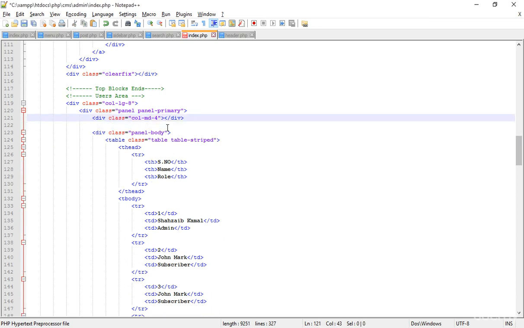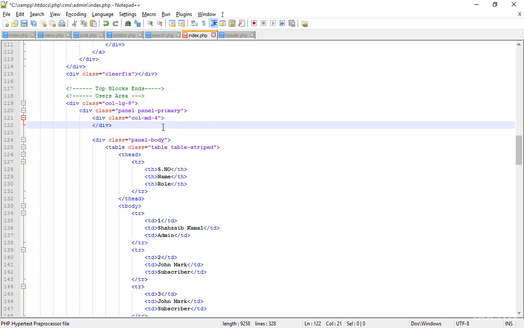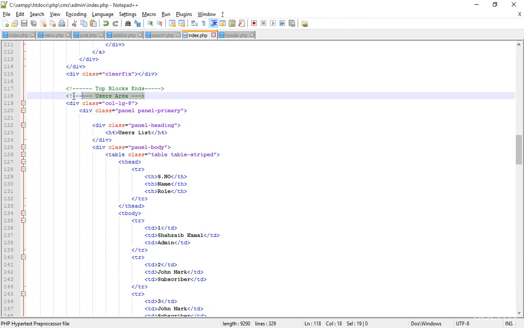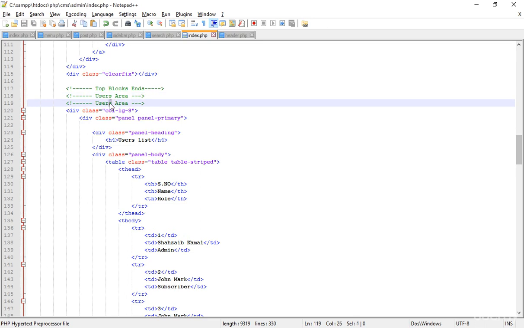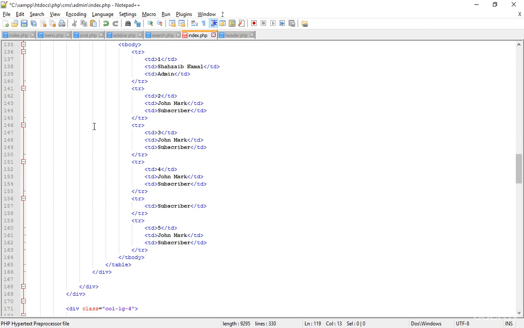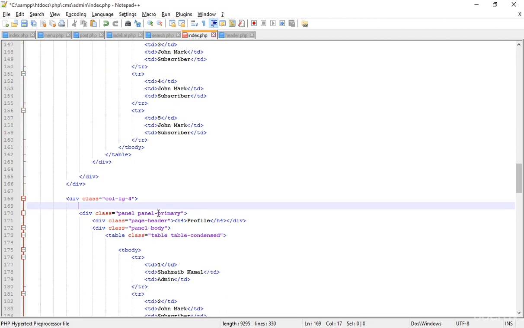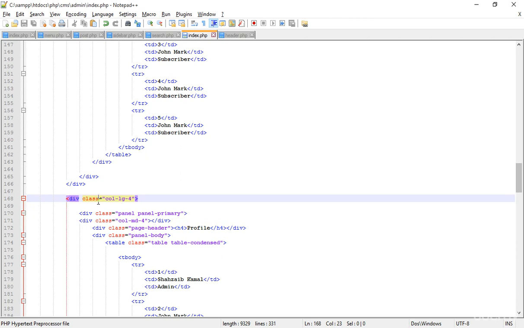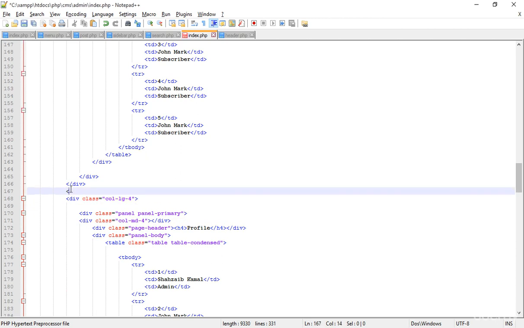Okay, now just cut this panel heading and put it inside the MD4, but actually I just did the wrong thing here. Okay, I'm just cutting this panel column MD because I forgot that this is a user's area and I'm just duplicating that. Here I'm cutting that, and here I have to type the thing, but before that I'm pasting this column MD4 and here I'm adding the